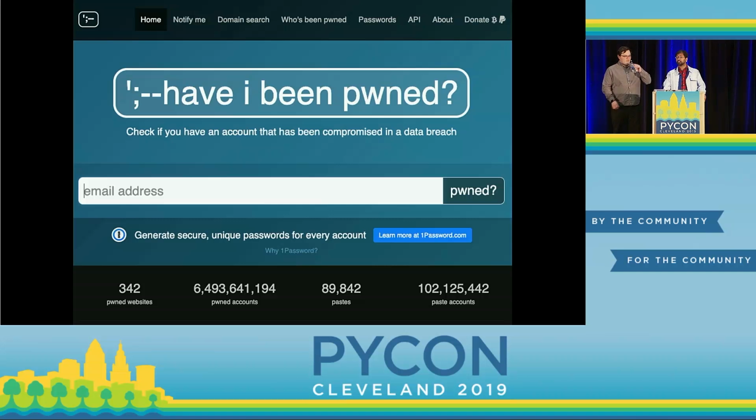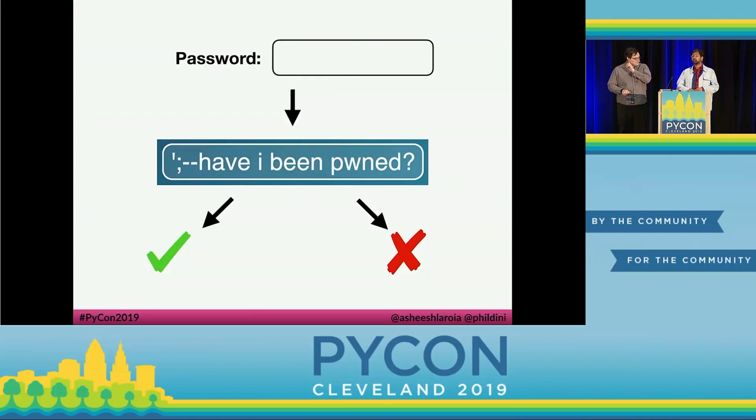Since Troy only publishes SHA-1 hashes of passwords, you can't really loop across your user database checking people's password against Troy's dataset. I'll show you something you can do. You can send the password to the Have I Been Pwned API. When the user is setting their password, you have the raw password, and you can check then. Have I Been Pwned operates a security-conscious API for free, where you can send the first 5 characters of the SHA-1 hash of the password to them. And they respond with SHA-1 hashes of passwords that have showed up in breaches.